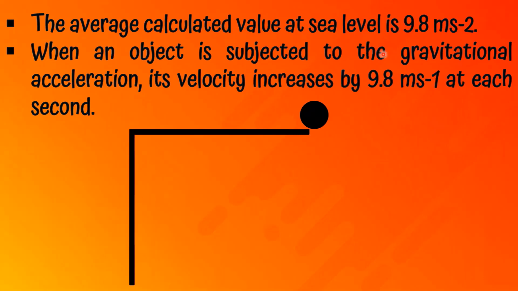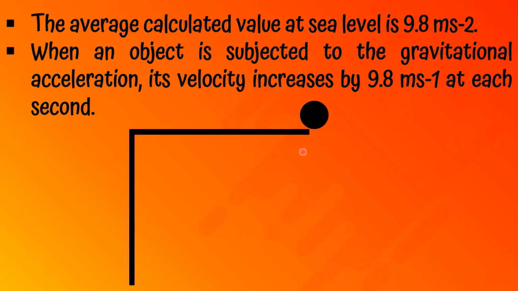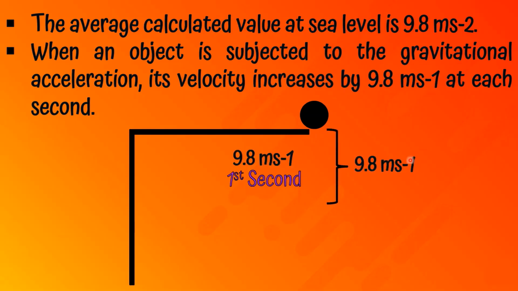If an object is subjected to the gravitational acceleration of Earth, its velocity increases by 9.8 meters per second at each second. It's like this. If this object has fallen down, its velocity increases by 9.8 meters per second at each second until it touches the ground. So if this object took 2 seconds to touch the ground, what is its velocity when it touches the ground? In the first second 9.8 meters per second, and in the second